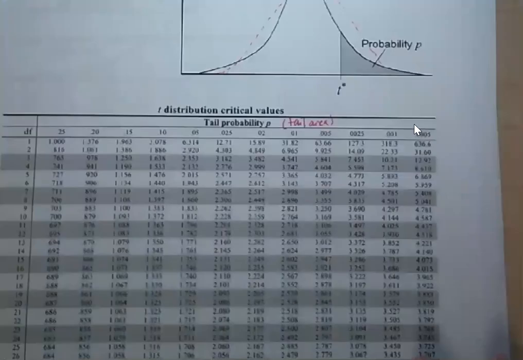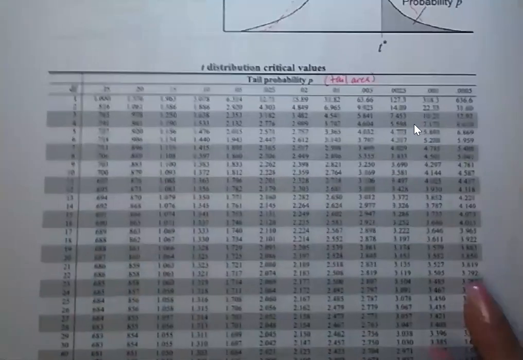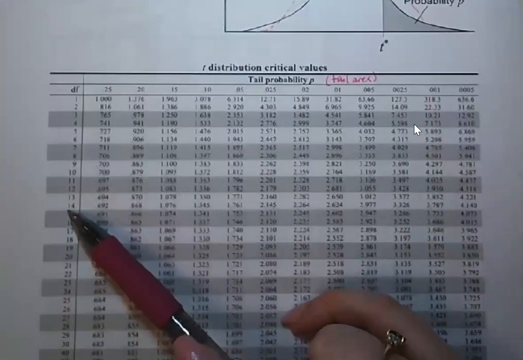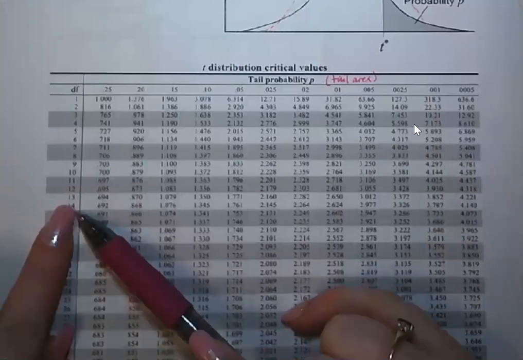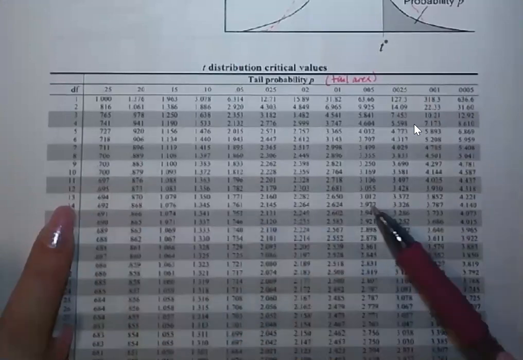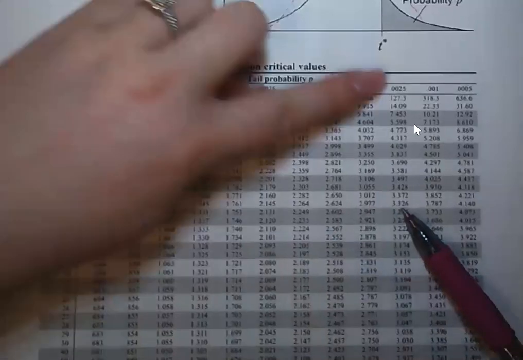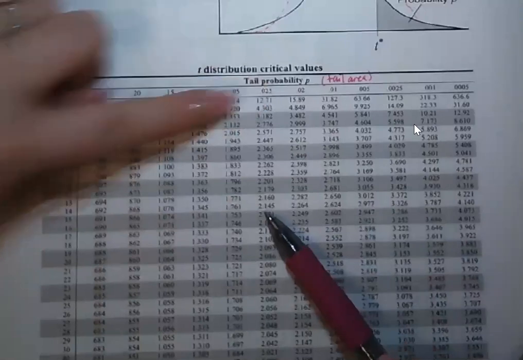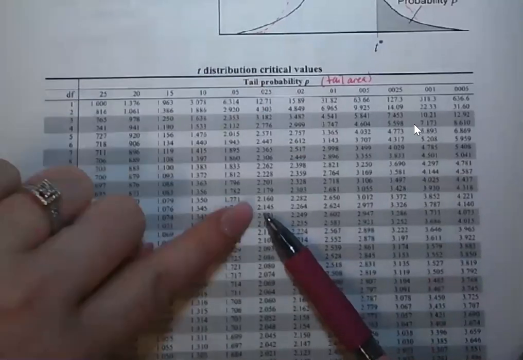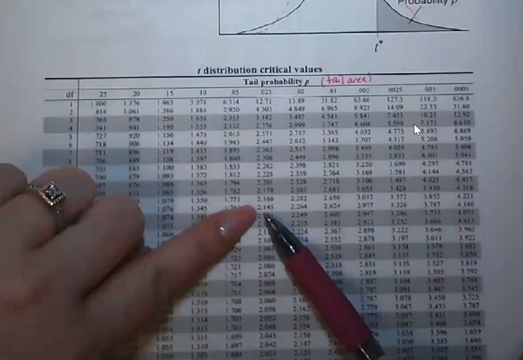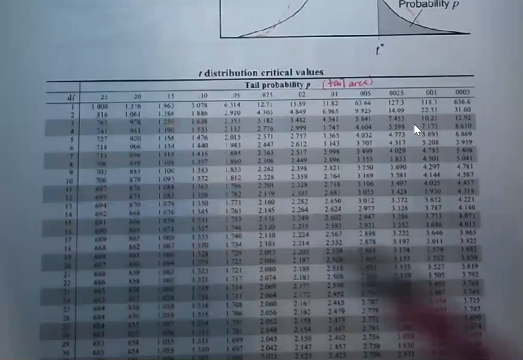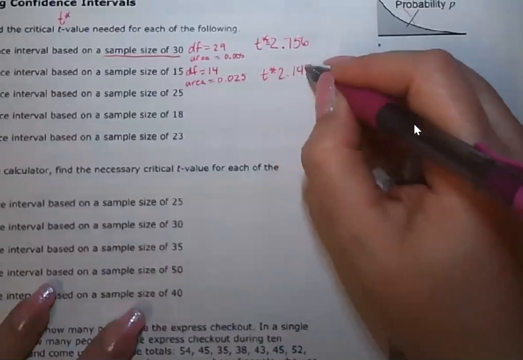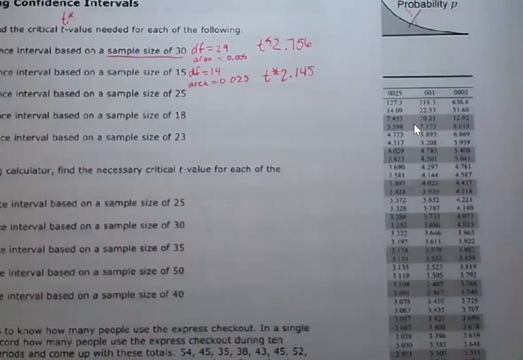So we're looking at a sample size of 15, so degrees of freedom 14, and a tail area of 0.025, which is here. Oops, that's too far. 0.025 is right there. 0.025, 14 degrees of freedom. Our t-star or our critical t-value is 2.145. Okay. Next,